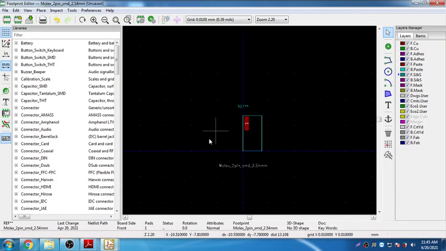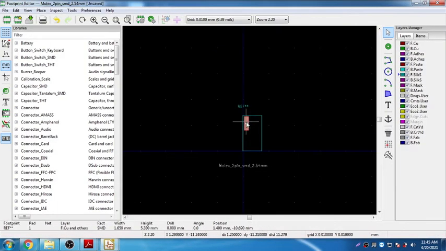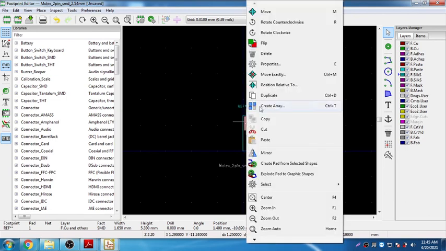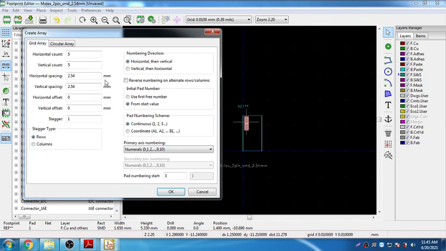I need to place one more, so I need to duplicate another. Either you can create an array and do this. So horizontal count I wanted 2, vertical count if you give 1 that will work, and say okay.